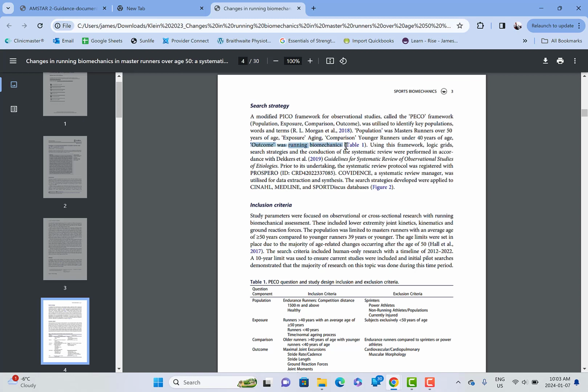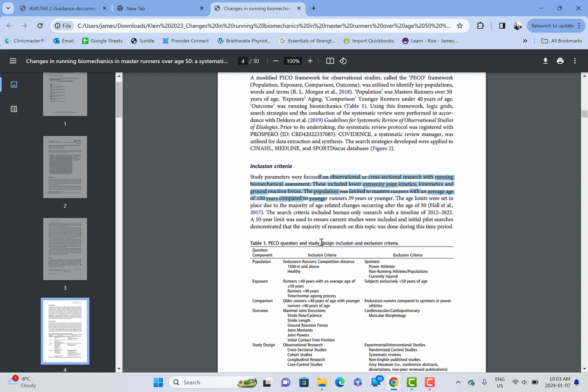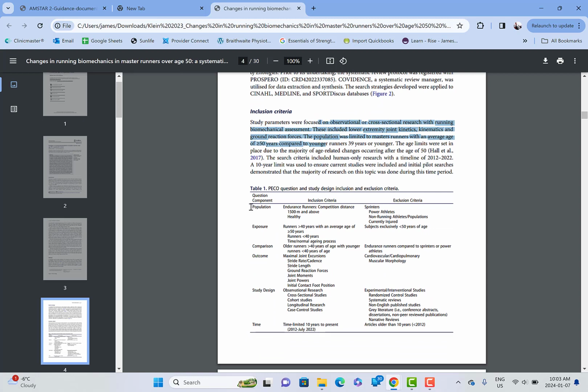And the outcome was a little interesting. This was the part that was a little funky for me. They used this nebulous term biomechanics. They didn't pick a specific dimension of biomechanics like vertical ground reaction forces or hip extension. They just said biomechanics. So if I had to critique their research question in any way, it's that the outcomes were a bit loosely defined,